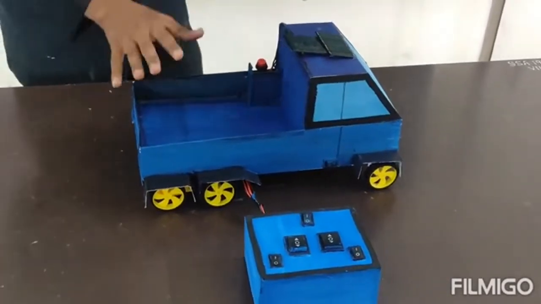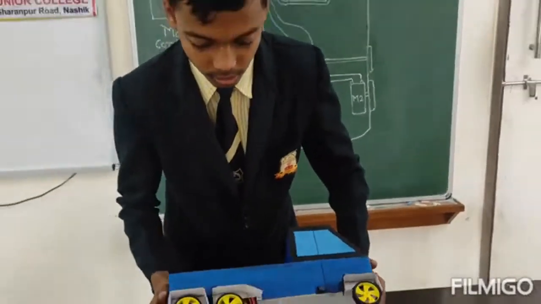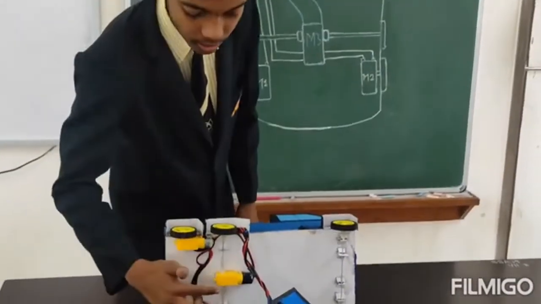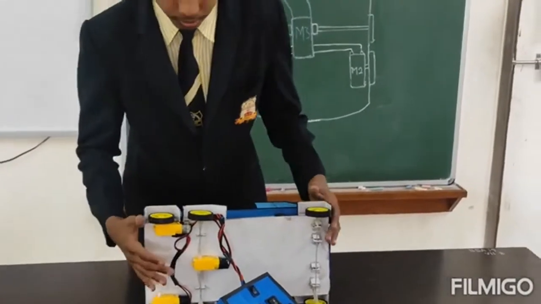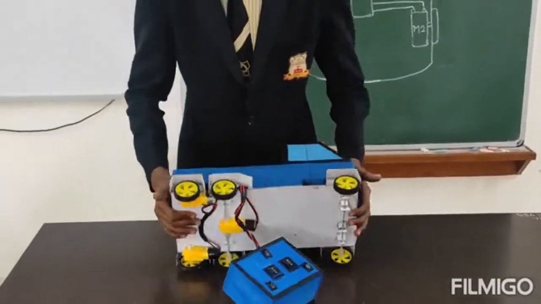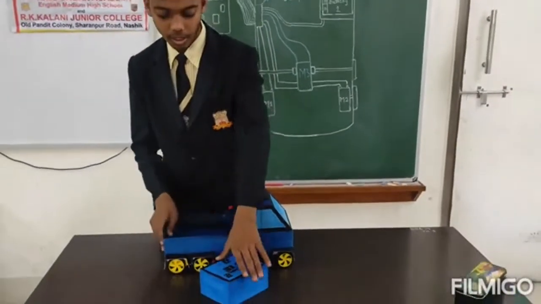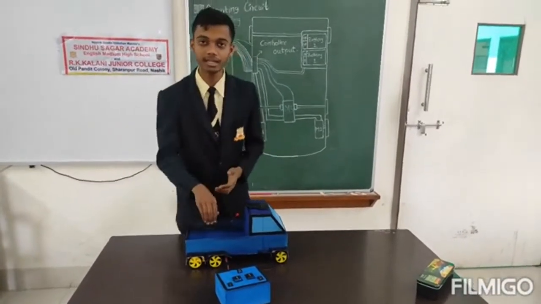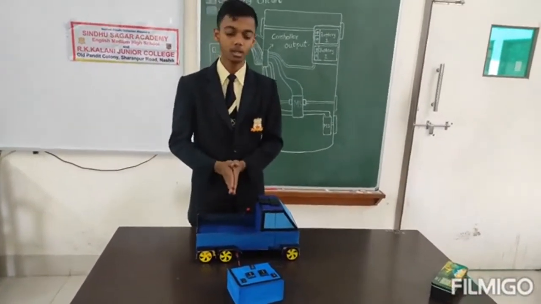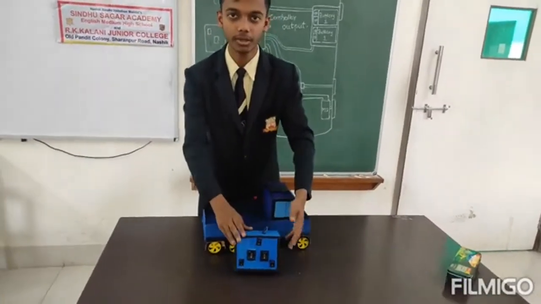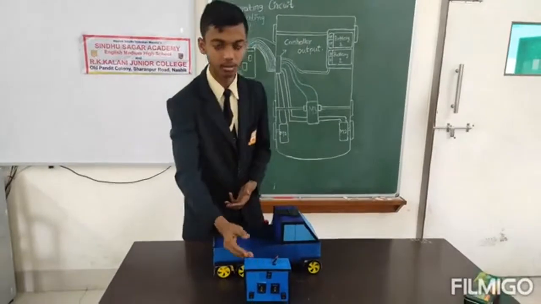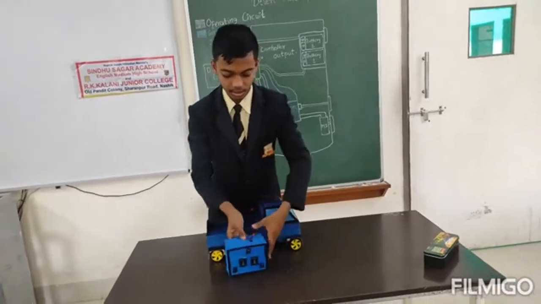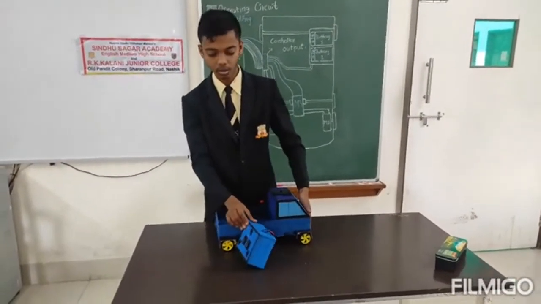So the first part is over, and the second part is, you can see that these are the motors. These 2 motors are operating motors as shown over here, and this third motor is our generating motor. When all this moves, the motor will generate electricity, and the same thing will happen. First it will go to the controller, and after that the controller will allow it to pass again into this battery. This control is not actually outside of the truck. We have made this control outside of the truck to explain it to you. Otherwise it is here, under the control of the driver.